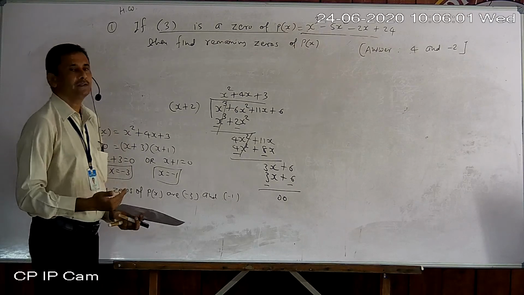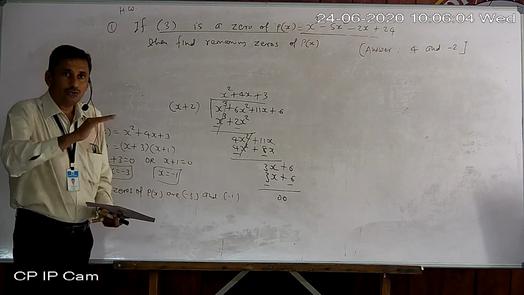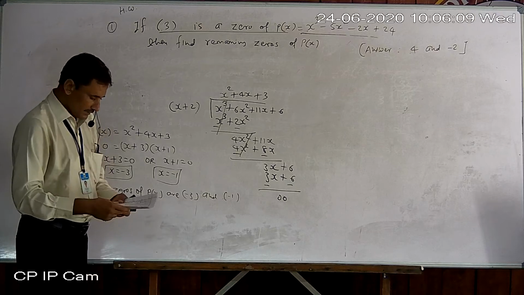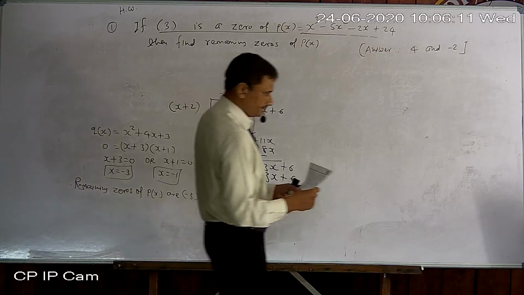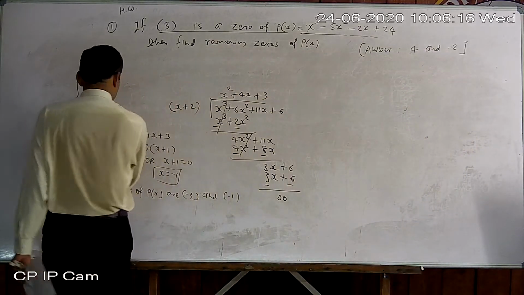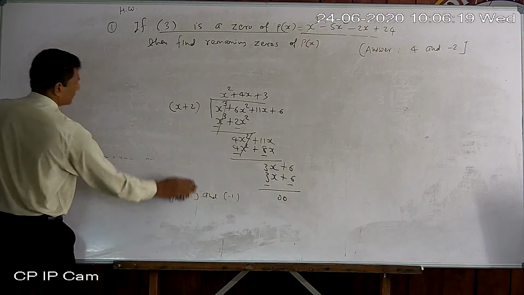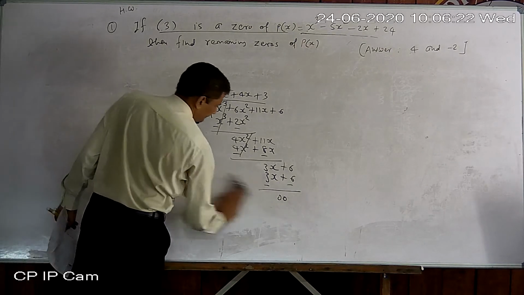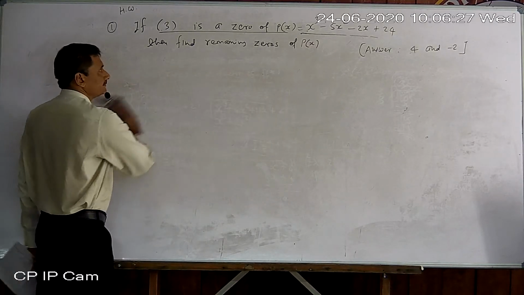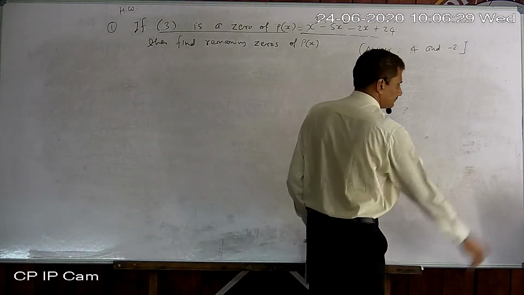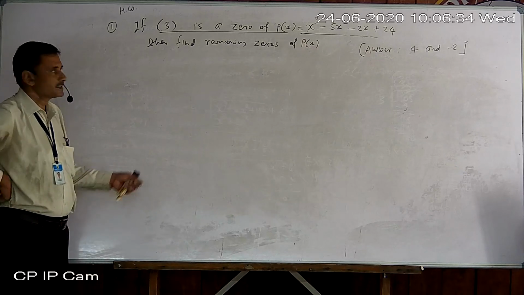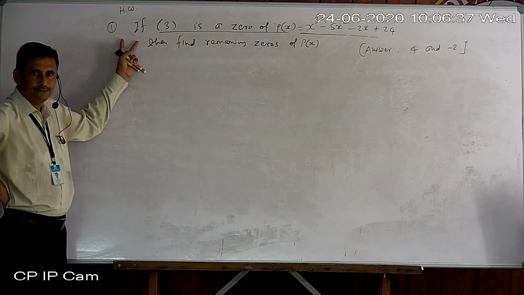Now we practice how to find the remaining two zeros if two zeros are given, whenever a biquadratic polynomial is given. Okay. So now our next, second sum is taken from example 9, textbook example 9. You just write that down. I will give half a minute to write that homework.